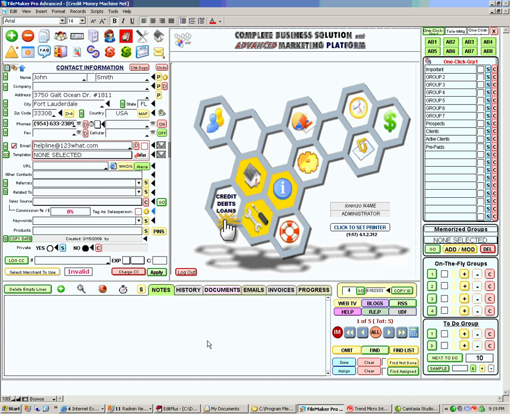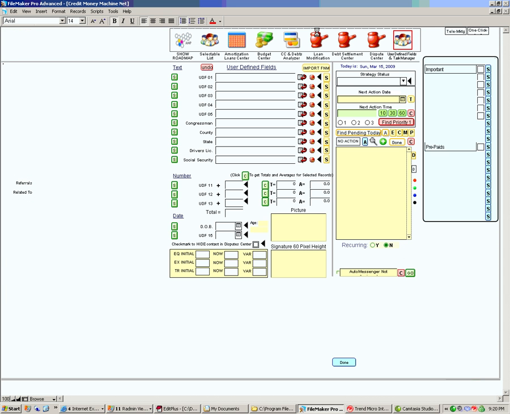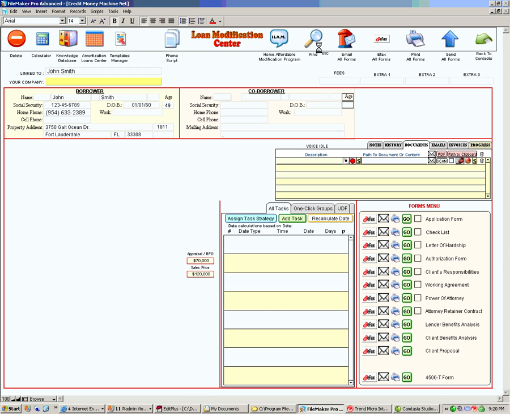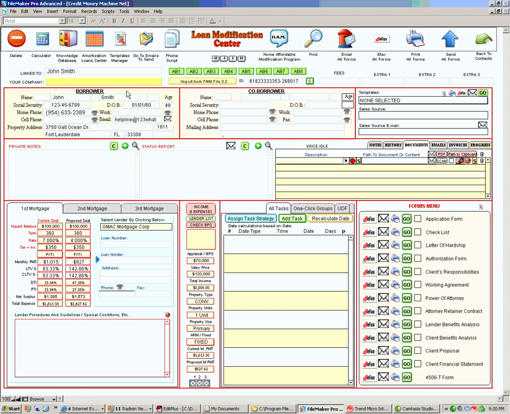This video is to show the new highlights of the improved loan modification machine system. To enter the program, just click this button and click the loan modification icon at the top. There is the new layout where you see very defined the different areas for the borrower, co-borrower,